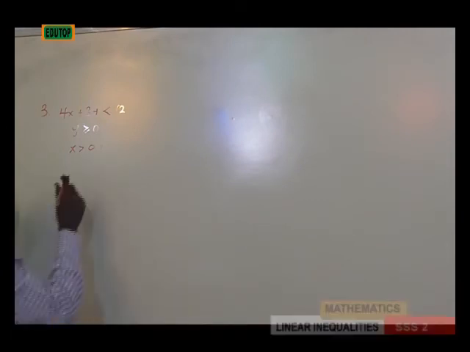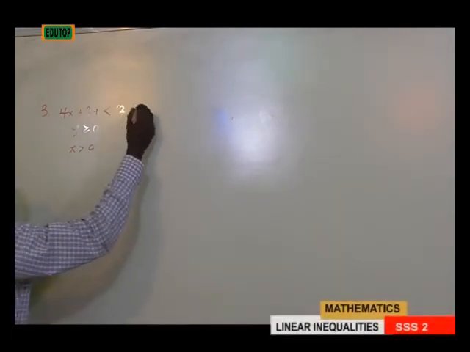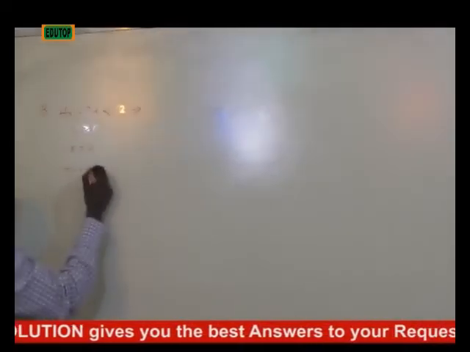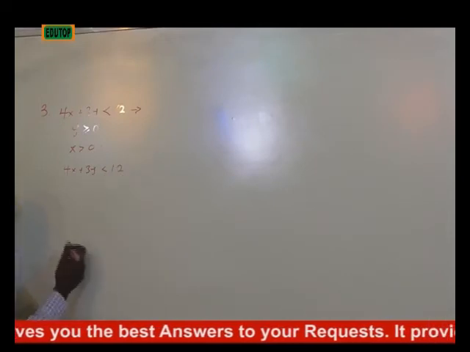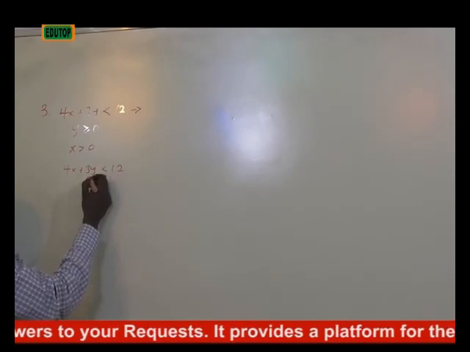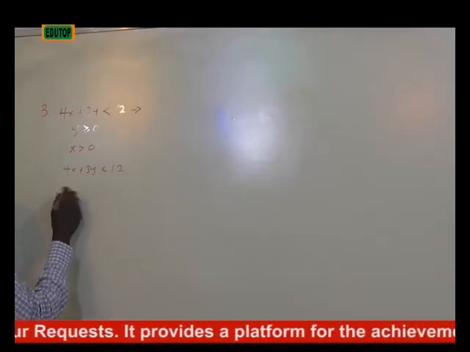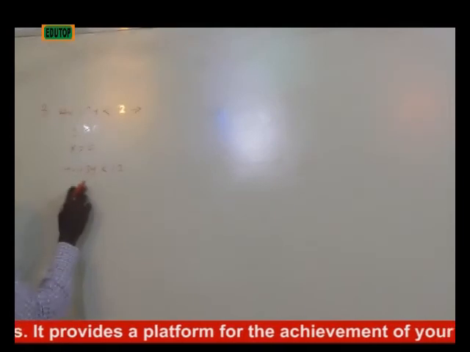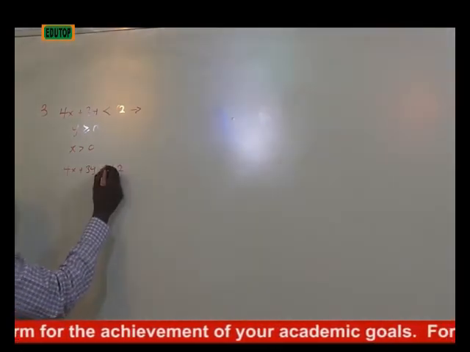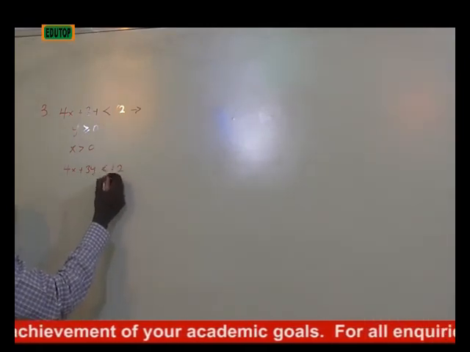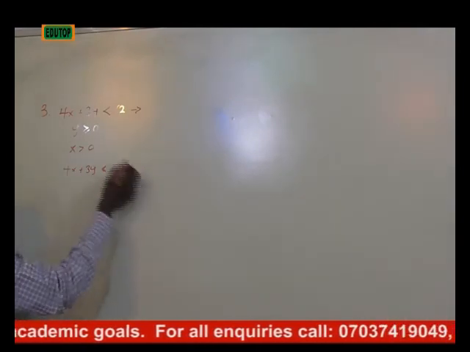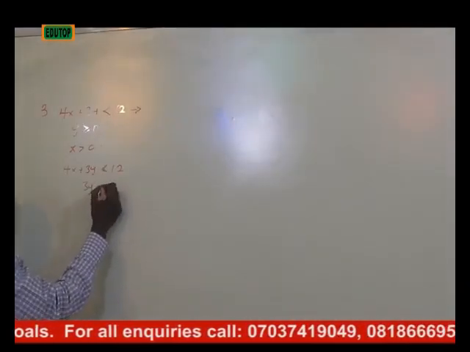So the first thing we do here is to take care of the first one, which is 4x plus 3y less than 12. The next step is to make y the subject of the formula, which has been the trend we've been following all along. Then the first thing we do is to transfer this 4x to the other side, because we treat this inequality sign as if it was an equal sign. So we transfer this to the other side, then we have 3y is less than